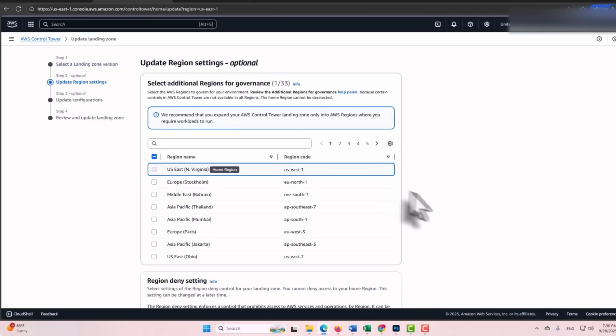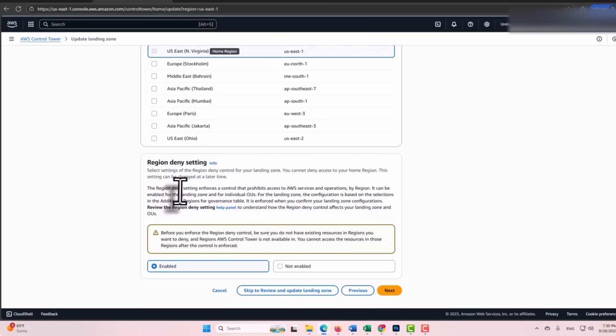So here, as you can see, to quickly run through this, we've only selected one region right now for our sandbox for this particular demo, and that is US East 1. You do have to have at least one obviously selected. Going through here, you could either elect to deny other regions or not. In other words, actually prohibit access to AWS services and operations in other regions. We have opted to enable that so that it is denied in other regions where we don't want services and